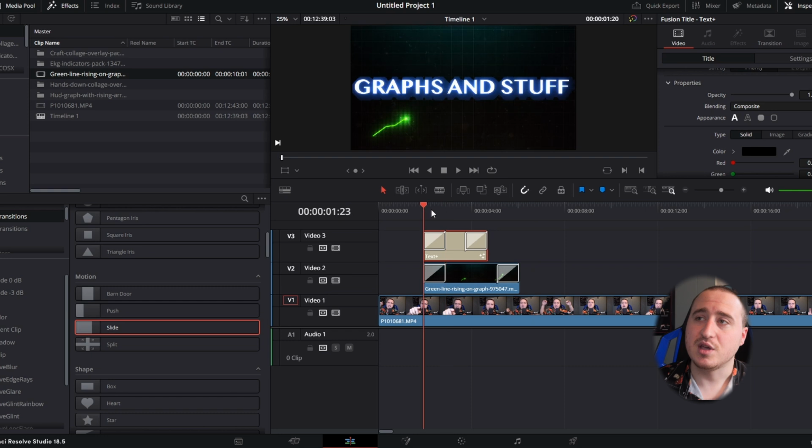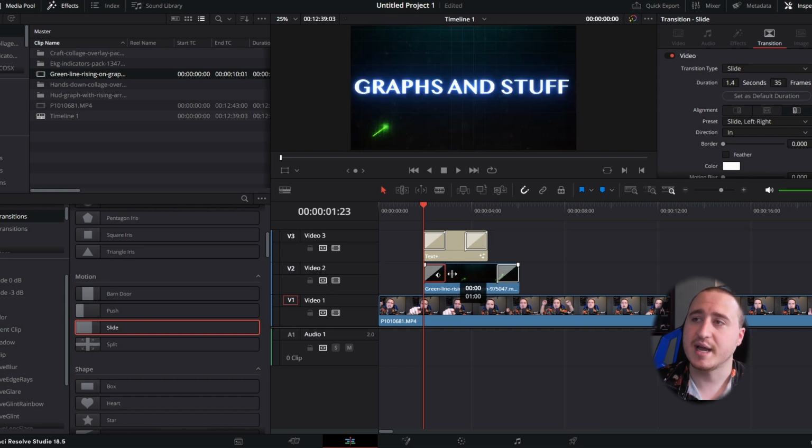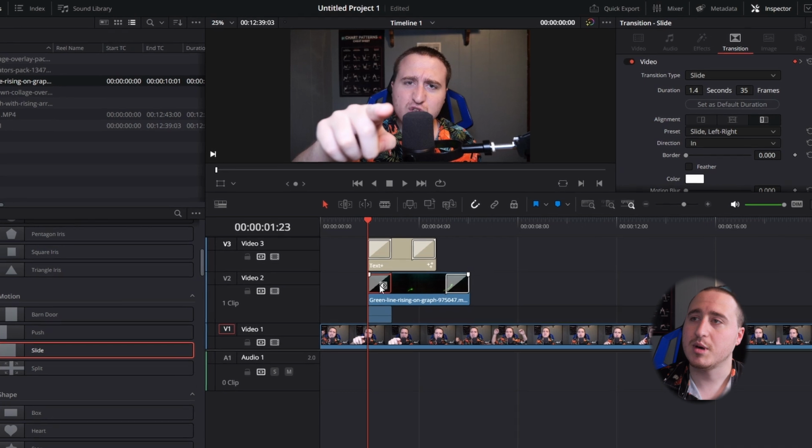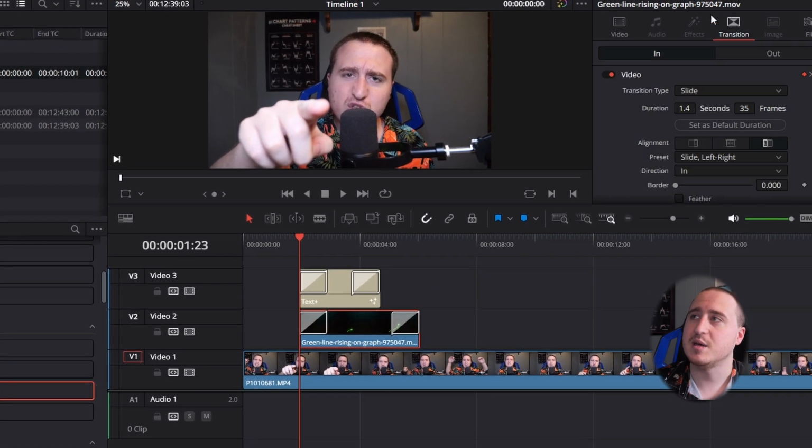It's great. You can actually come in here with these transitions and you can come down here and click on them and extend them by dragging them out. You can also come up and open up the inspector tab by clicking on the image, going to transition, and you can change the duration of the transition by changing this dial right here, just clicking and dragging on it,